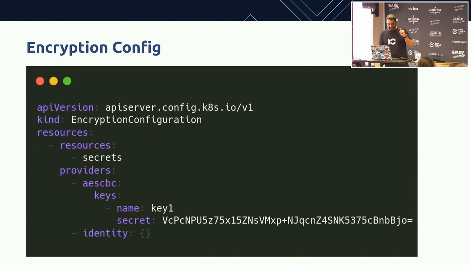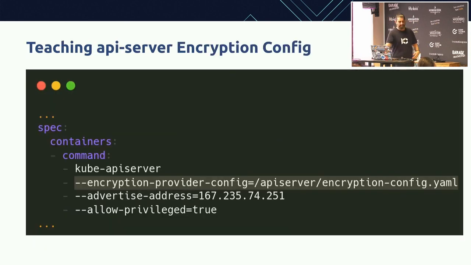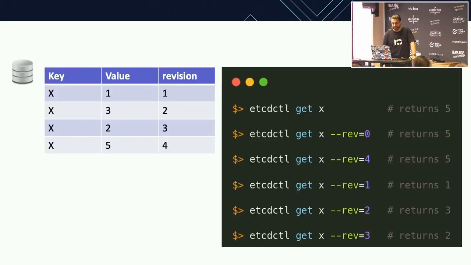Another key point here is that if you ran your cluster for a month and then did this, up to that point whatever secret was created will still be unencrypted inside etcd. So after implementing this configuration, you have to recreate the secrets to make sure that they are encrypted. And you should tell the API server about this configuration so that the API server will take care of it.